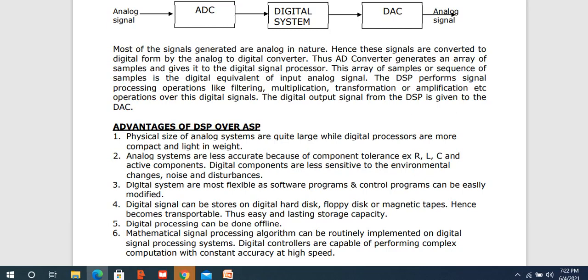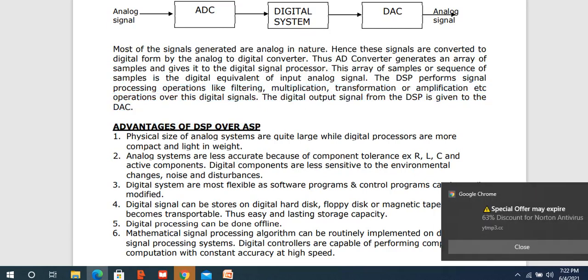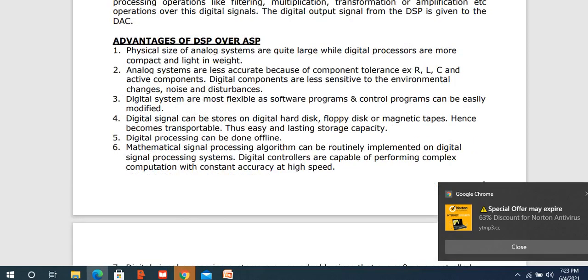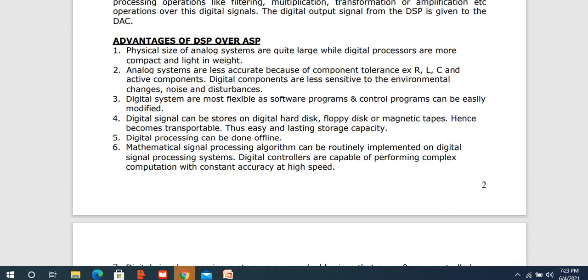So where are we using all these types of DSP signals? We use them in all types of filters, multipliers, transformers, everywhere. Wherever we use this kind of form, we are using digital signal processing. Clear? We use it in filtering, multiplication, transformation, amplification. Wherever it is useful, we proceed with DSP. Now we proceed with the advantages of it, how it works and where it is implemented.